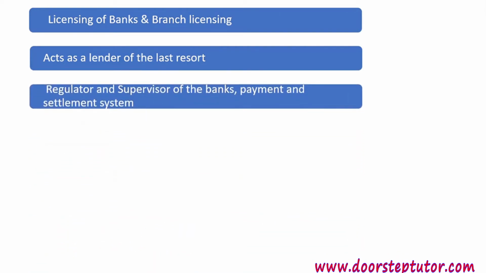Regulator and supervisor of the bank's payment and settlement system. RBI is the sole authority who advances loans to the public, and it is the regulator and supervisor of the banks as it licenses banks. It provides licenses to their branches as well. And it regulates different types of payment systems. Like recently, RBI decided to have no charges for RTGS and NEFT payments. It removed the charges which they used to charge to conduct those payments. So RBI regulates the payment and settlement system,